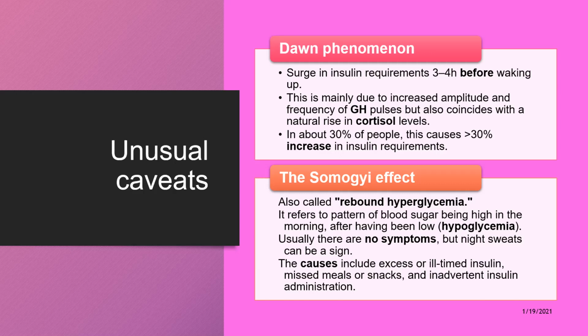And to document that there is actually hypoglycemia, sometimes you have to ask the patient to wake up at night, maybe 2 to 3 hours after going to sleep, and check his or her blood sugar at that time, so as to see if there is actual documentation of hypoglycemia or not. Usually the patient would tell you that this is the time when I get sweaty, or when I wake up with some discomfort, and often I have to go and eat something. So tell the patient to check his or her blood sugar at that time.